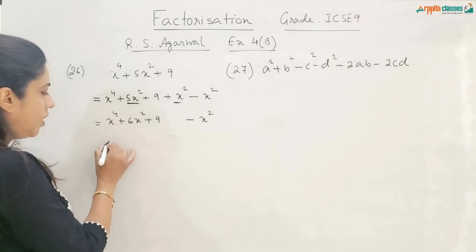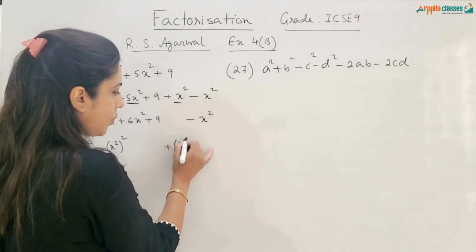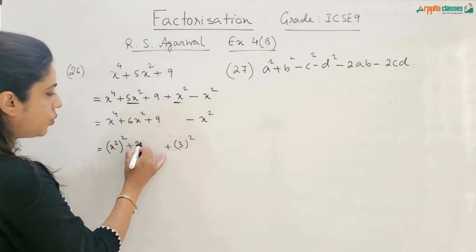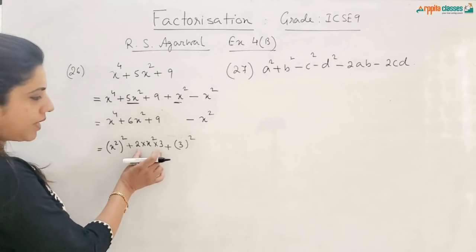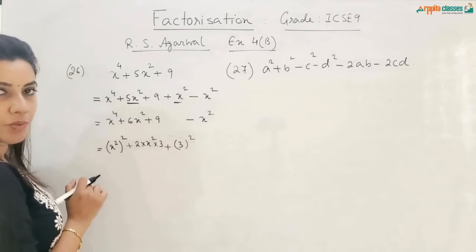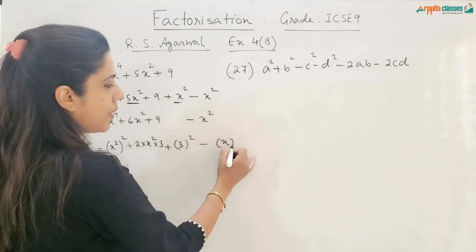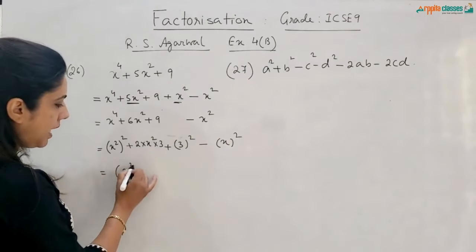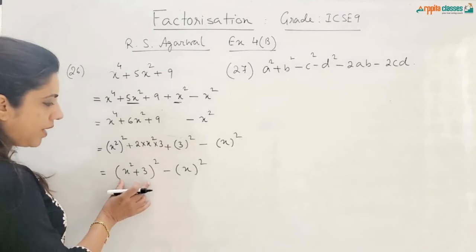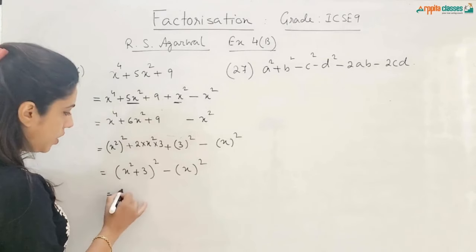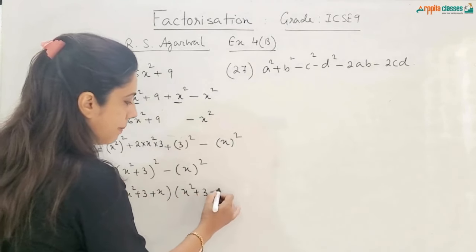Let us see. X square, the whole square is x4 and 9 means it's 3 square. In between I am going to write 2ab. Here a is x square and b is 3, and you can see this is giving me 3 2s are 6x square. So it's a square plus 2ab plus b square and this x square is separate. So this is going to give me a plus b the whole square minus x square. Now I got it in the form of a square minus b square. So I am going to write a plus b into a minus b.